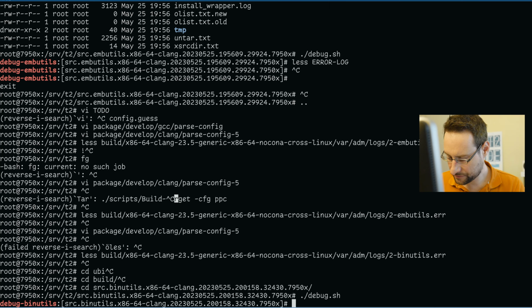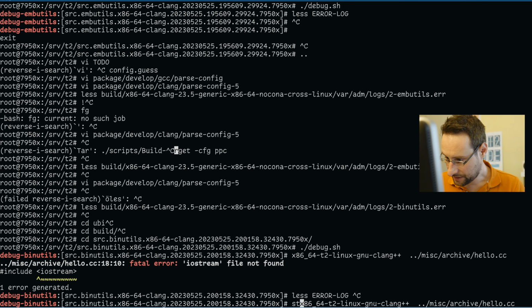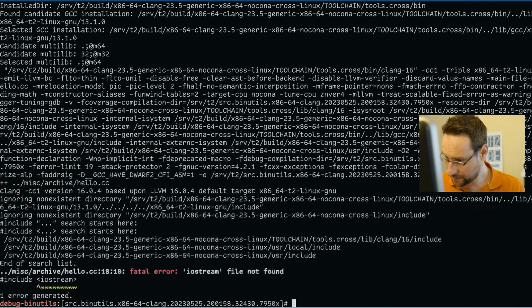I usually try to replicate it with a small test, so that is x86 T2 archive hello world cc. Yeah, and then either we could maybe use -v for both inverted searches